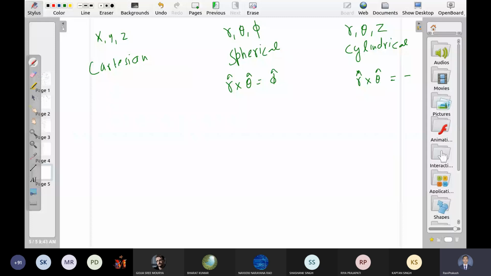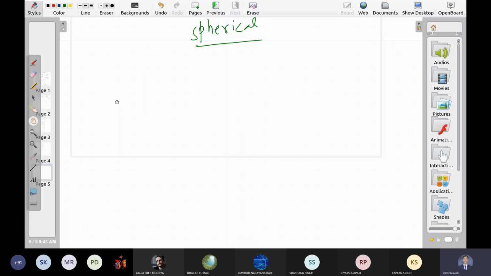So let us give some time to this system now. Spherical. Do you know how we define a spherical system? Spherical coordinates are defined with x square plus y square plus z square. Okay, so let me give a short introduction to spherical, so those who are new can understand. As you can see from the name, these are defined over a sphere.